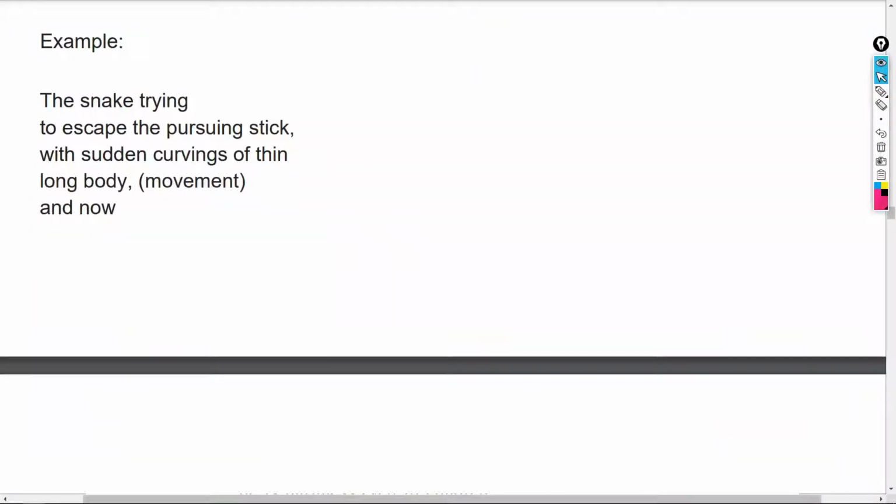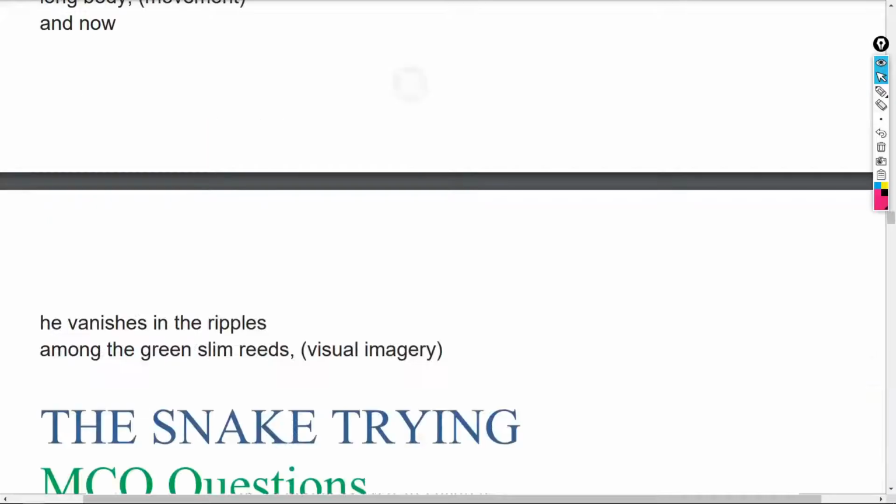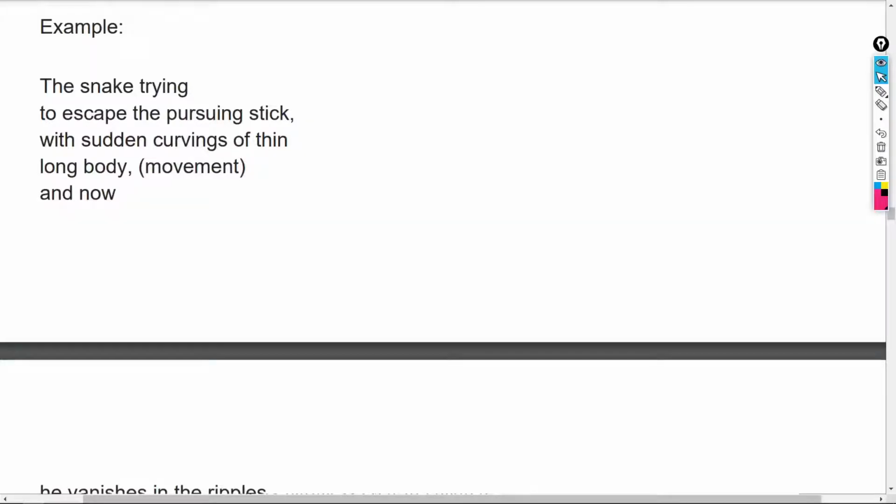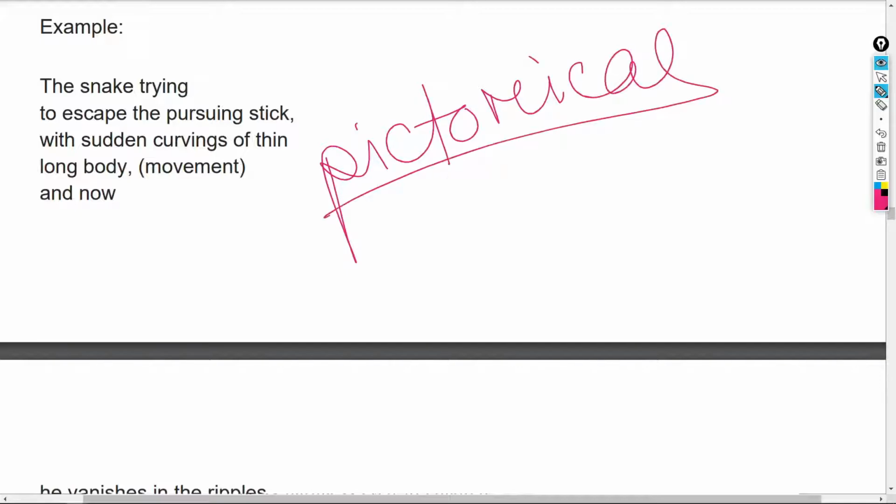The snake trying to escape the piercing stick with a sudden curving of his thin long body and now he vanishes in the ripple among the green slim reed. तो अभी देखिए, so here we will see this is a particular pictorial image. ऐसा होता है कि देखिए, pictorial का मतलब क्या है? Related to the